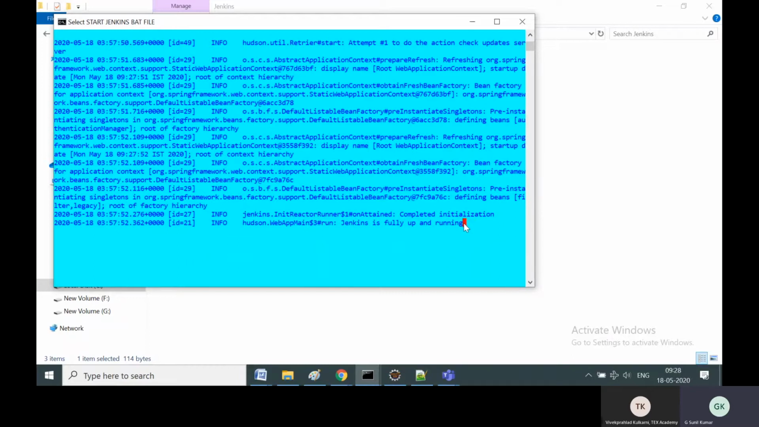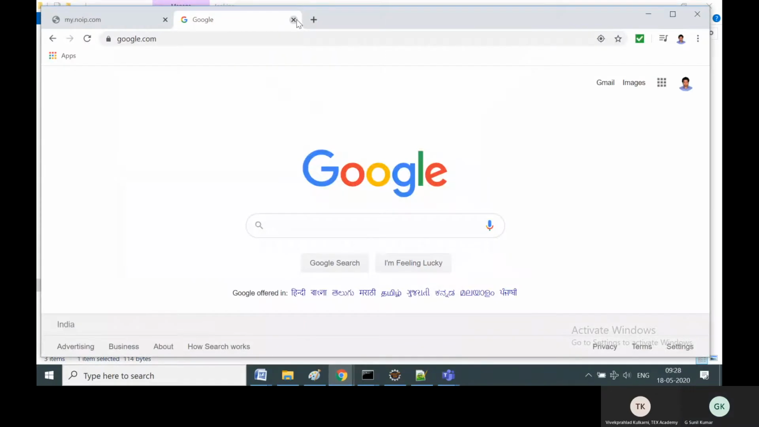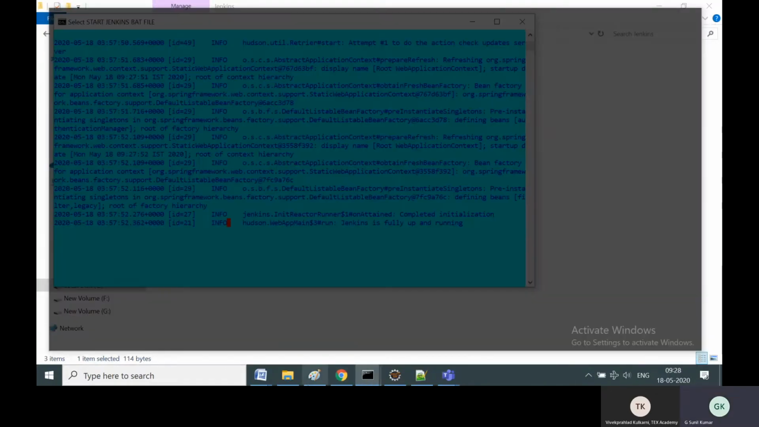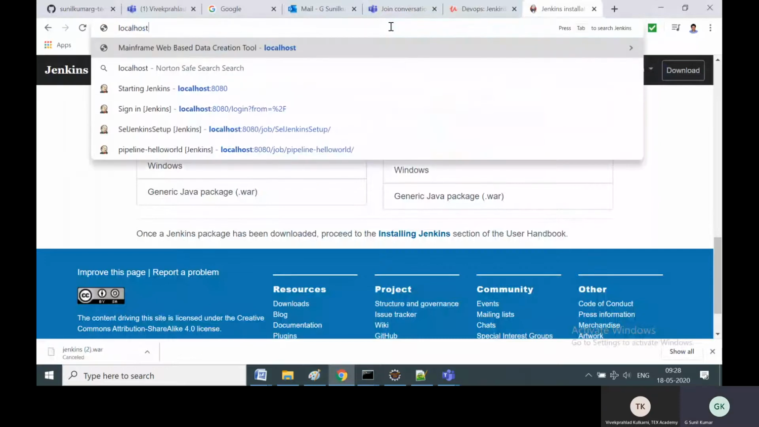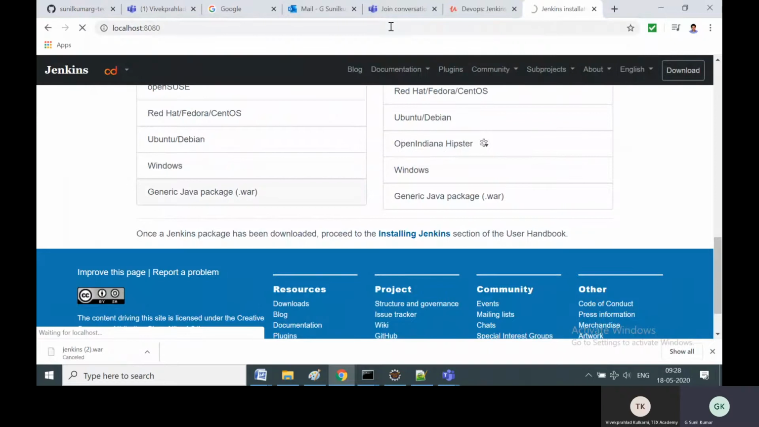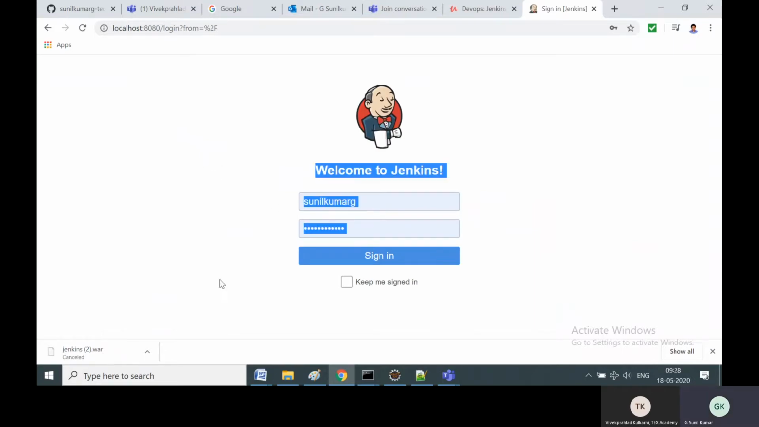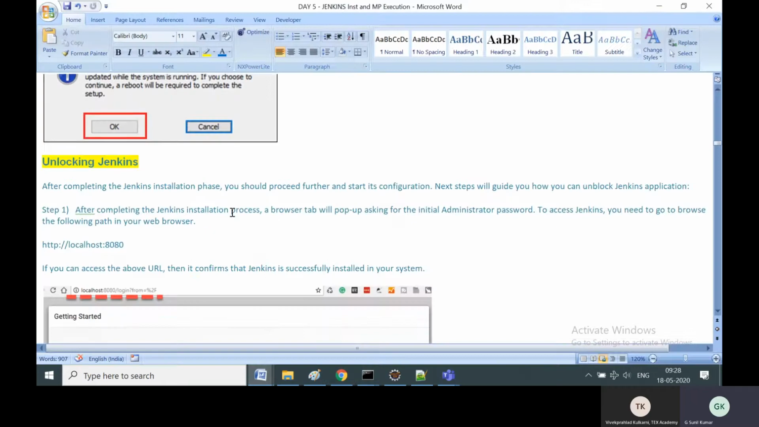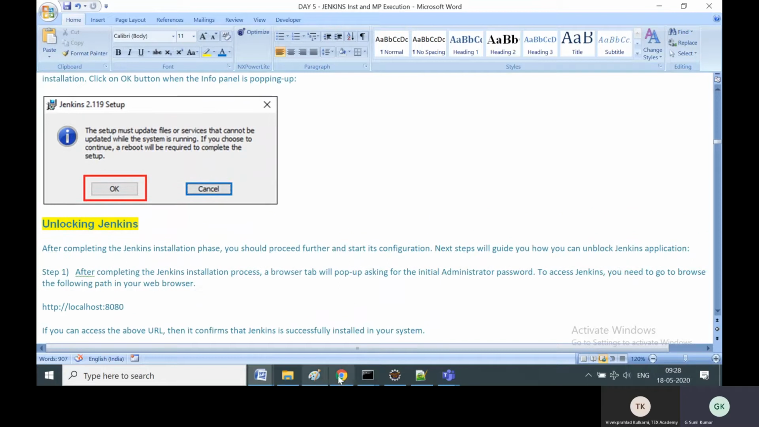Only when you get this message can you go to your browser and type localhost 8080. Now it will come. For me, it is all pre-installed, so directly it came to asking my username and password. But the first time when you launch HTTP localhost after starting the server,